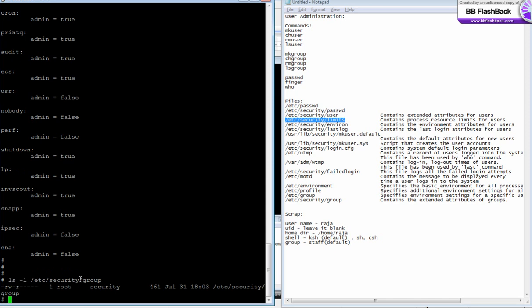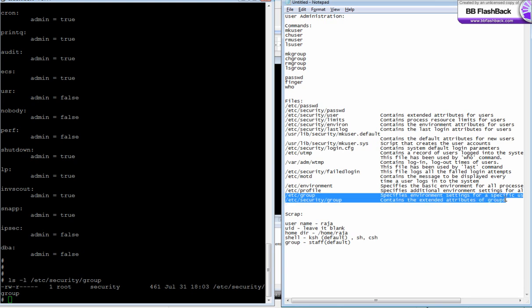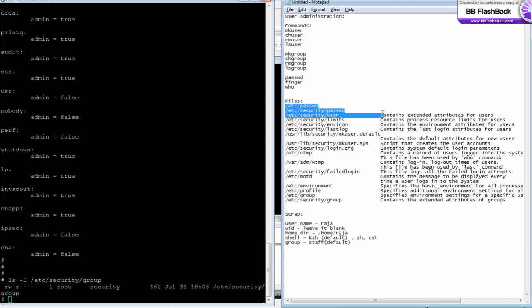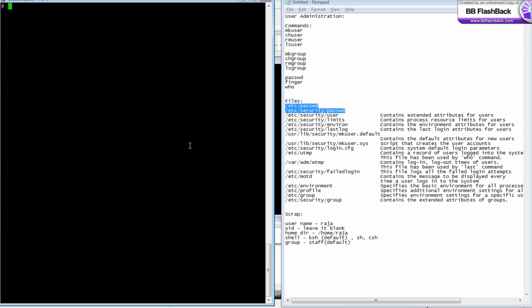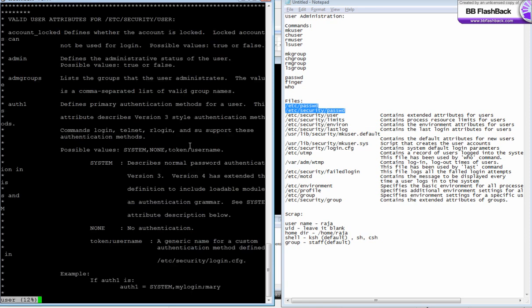So for groups, you have two files, /etc/group and /etc/security/group. And for storing the user information, you have two files, /etc/passwd and /etc/security/passwd. There are a few more files. Let's see now. Called /etc/security/user. This file is